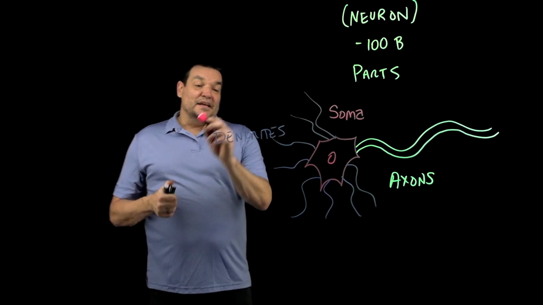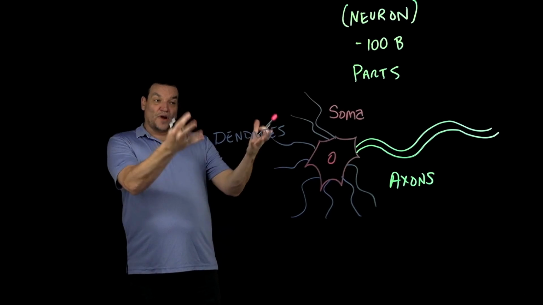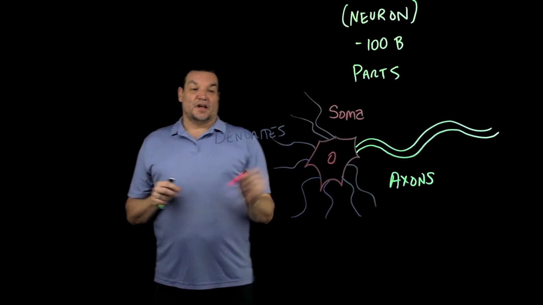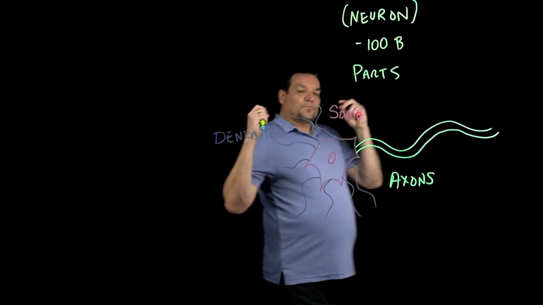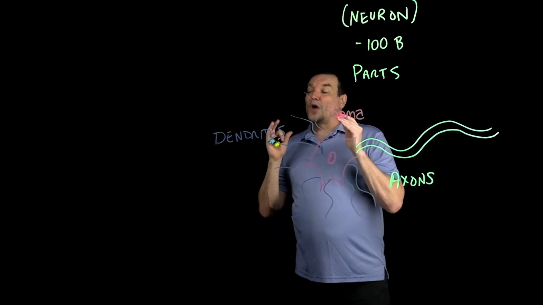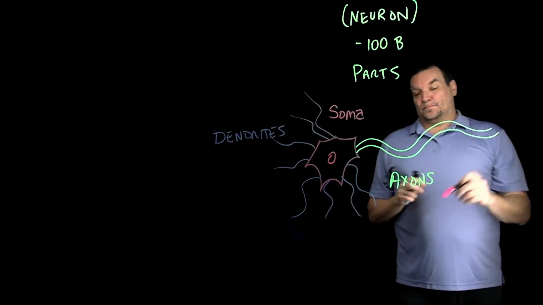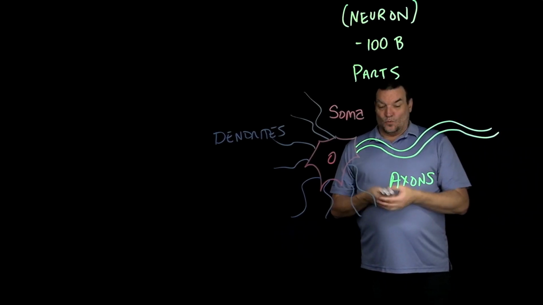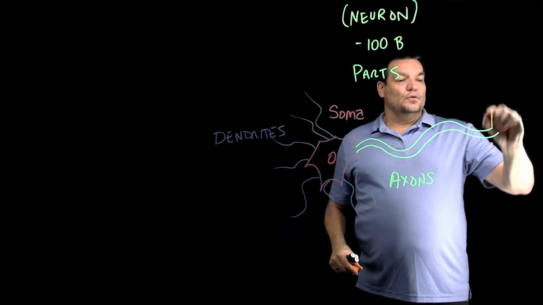Now, incoming electrochemical signals enter this brain cell, specifically the soma, through the dendrites. The signal is transmitted under the right circumstances that we'll talk about later through this axon. But where does it go when it reaches the end of the axon? Where does this signal go? Well, the last thing I want you to know